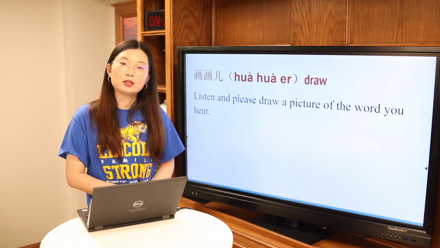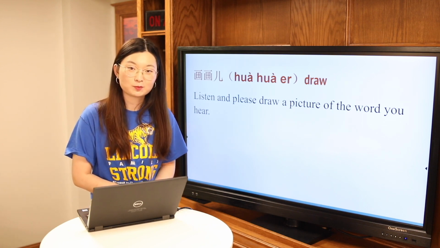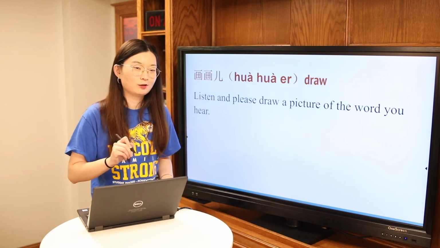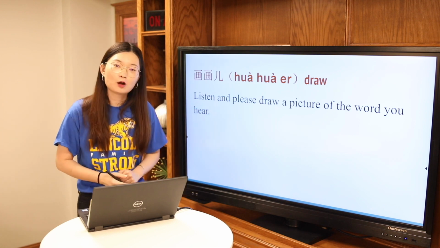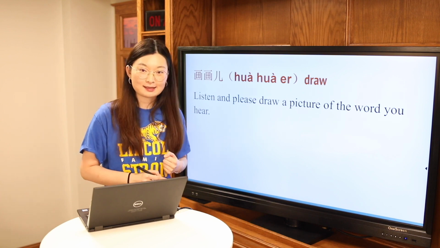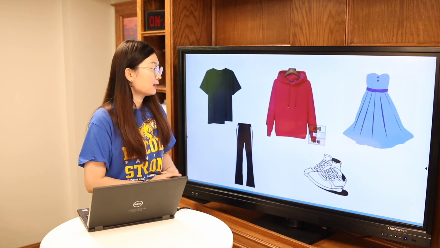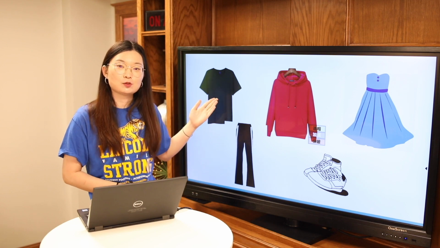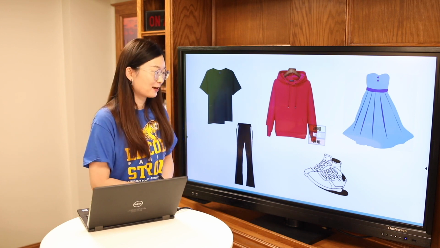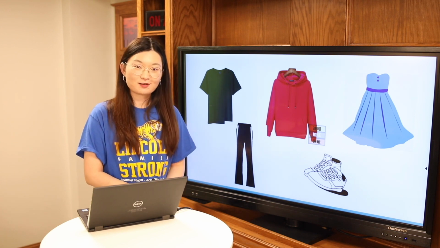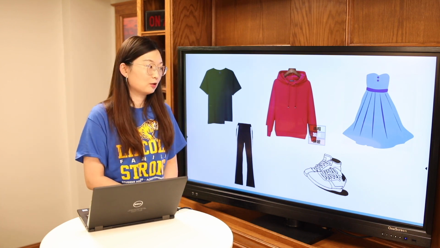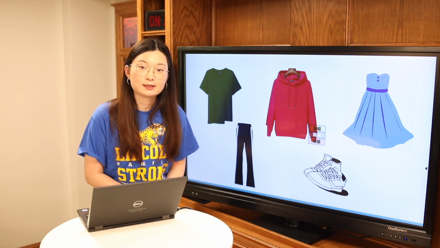And now I would like you to do an activity on your notebook with me, okay? Which is called 画画, draw, okay? And I would like you to draw a picture of the piece of the cloth the word I say. For example, I say T-shirt, and then on your notebook you'll draw a simple T-shirt. Okay, so let's do a practice and see if you can remember this vocabulary. Okay, so get ready. The first one, I would like you to draw 裙子,